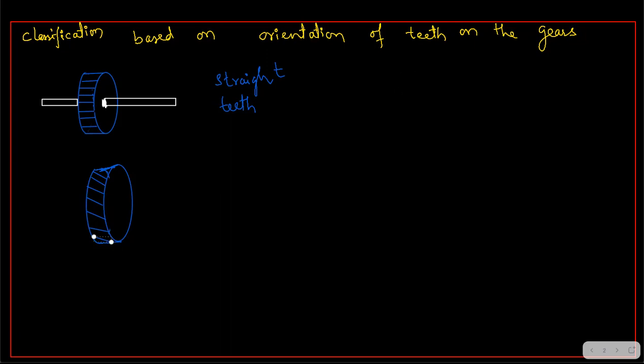Helical gears. The teeth are not parallel to the axis of the shaft, whereas the teeth are inclined. Fine. So these are called helical gears. You all must have already heard about this. So now there is another classification in this helical itself. We have an improvement, a modification in helical gear itself. So that right now we are going to show in the next diagram.